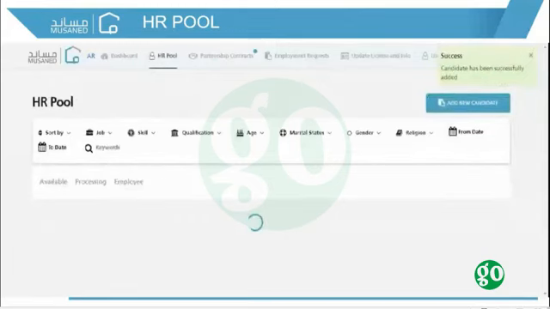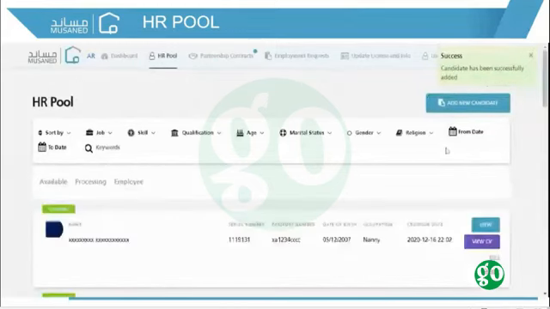After filling all the fields with valid data, the candidate has been successfully added to the HR pool page of this organization.